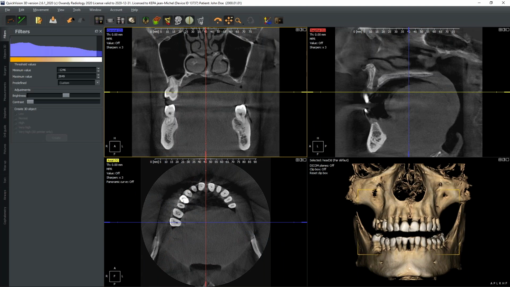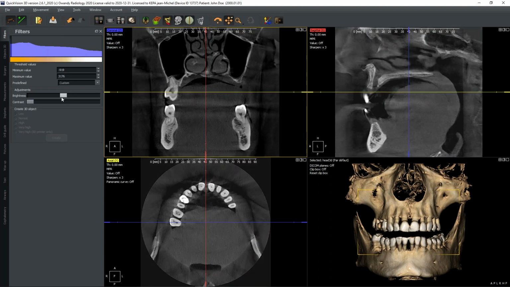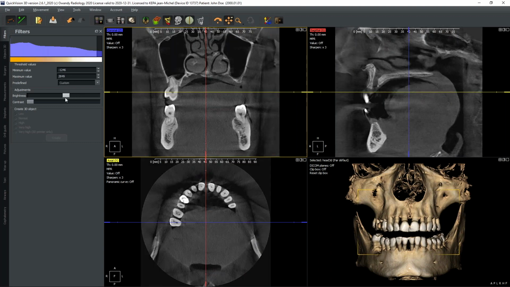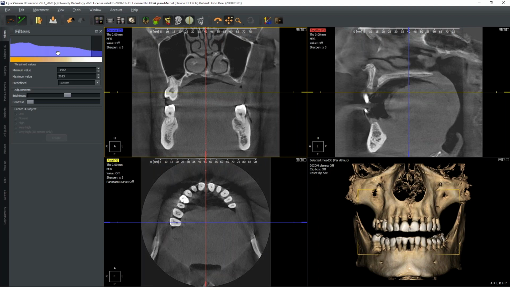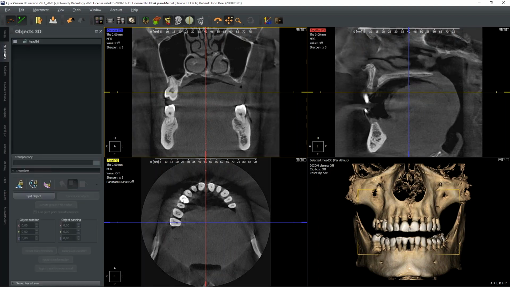Also on the left side, you may see some stamps. The first stamp we have when we open the software is a filter area here. Filter helps to change the brightness and the contrast, as you may see. We have a small window. If we click on it, we have the same thing. We have some area to collect the 3D object,